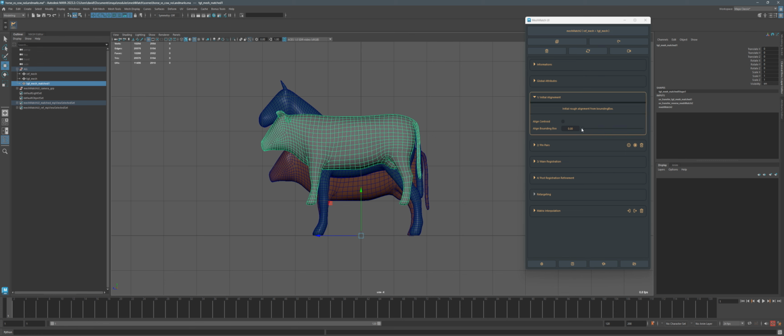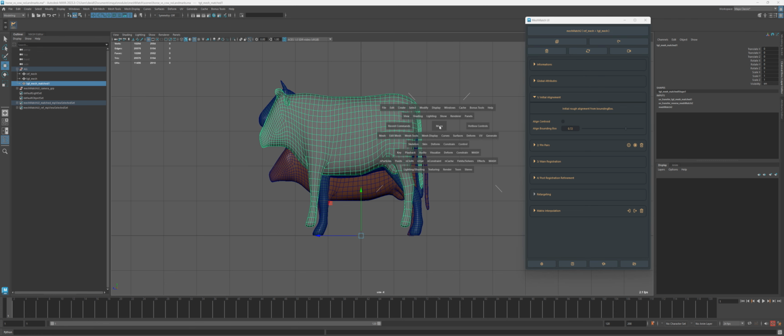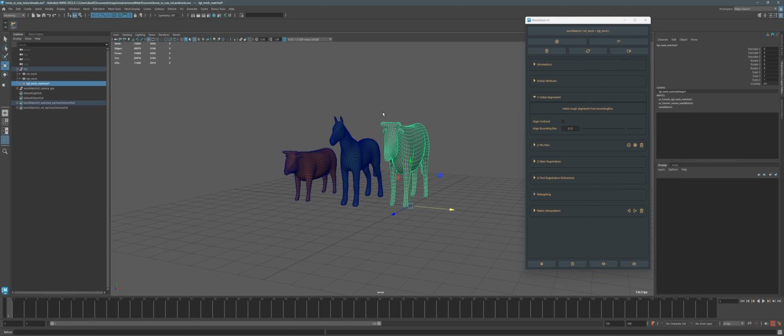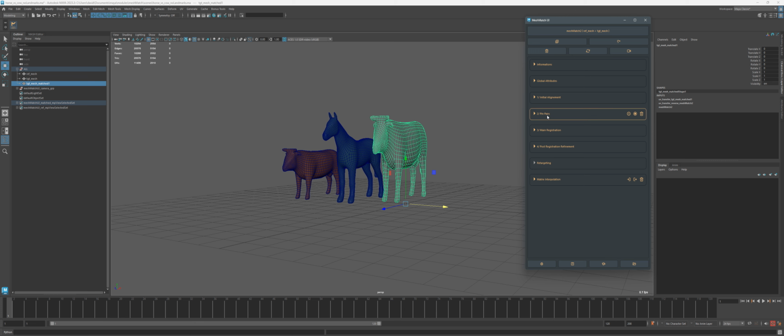So if I drag the slider, you can see that it stretches in all directions. So I will just put it here, and then we will be able to proceed to the next steps, which are